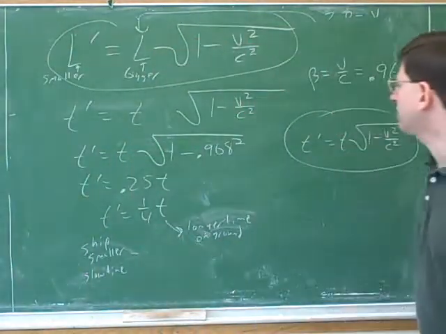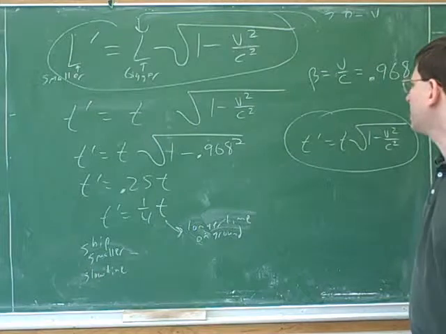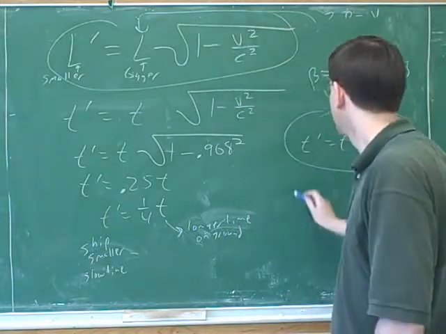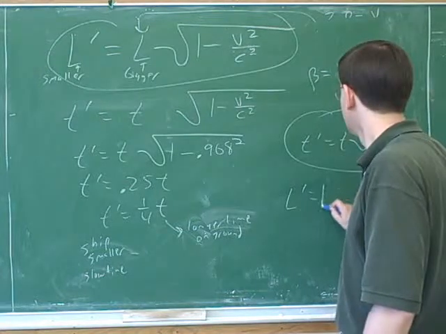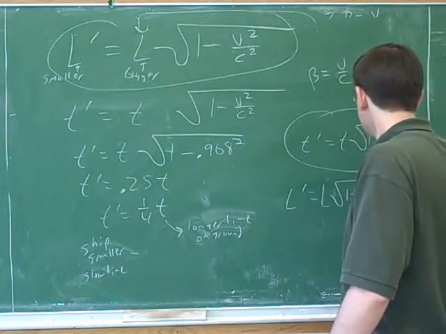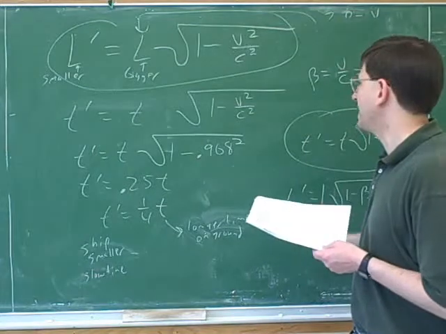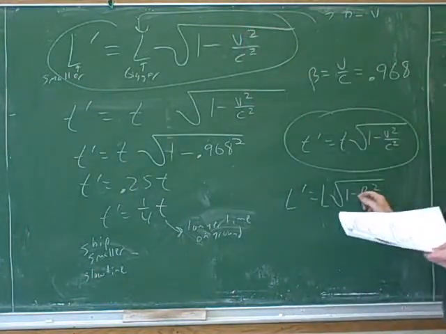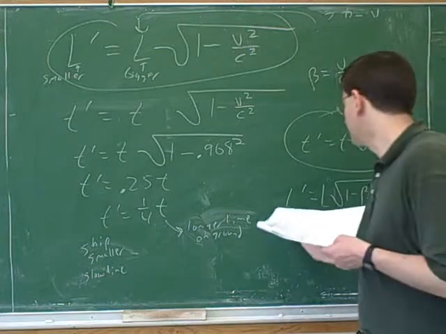In fact, one thing that we could have done that would have made our life simpler in part A as well is, how would you rewrite this equation in terms of beta? 1 minus beta squared. So first of all, that would have made our life easier in part A. There was no reason carrying around the v over c term all the time. We might as well just put in beta and solve for beta. And then in the time term,